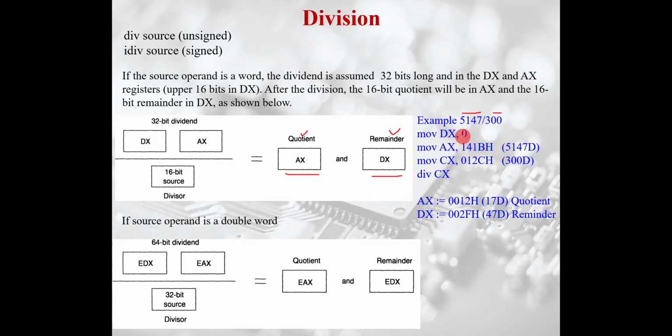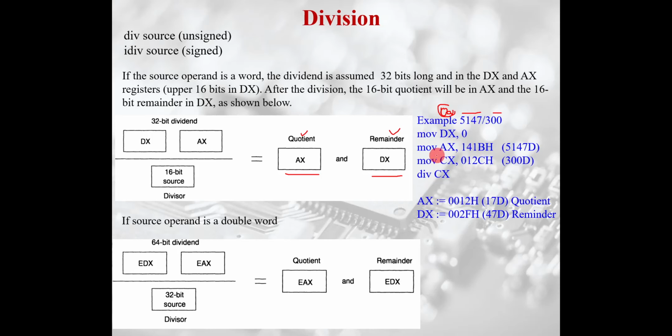So I am putting 0 in the DX register out here, right? Suppose the dividend is 12 1 2 5 1 4 7. If it's a big number, then this 12 needs to be put into DX. In this case it is 0 0, so I need to put 0 0 into DX, and 5 1 4 7, this is hexadecimal,